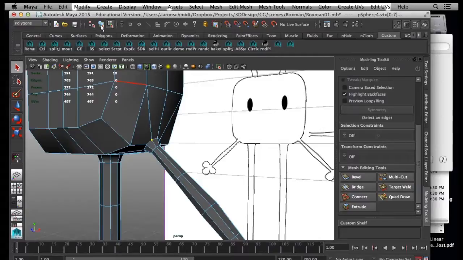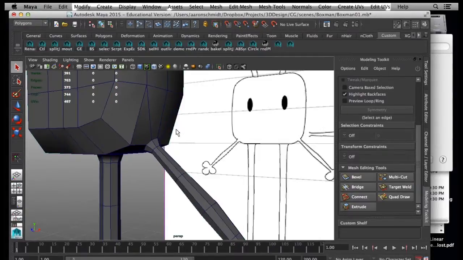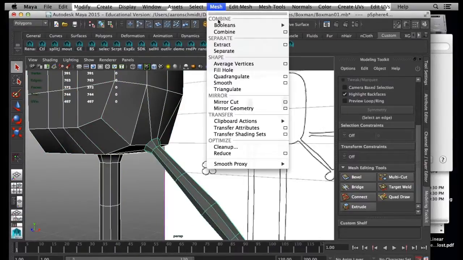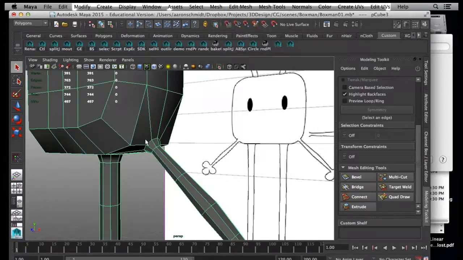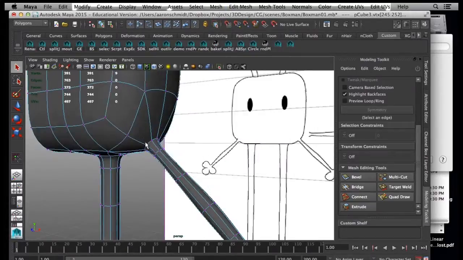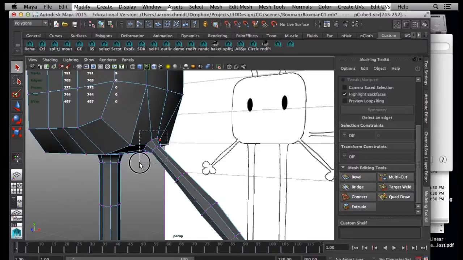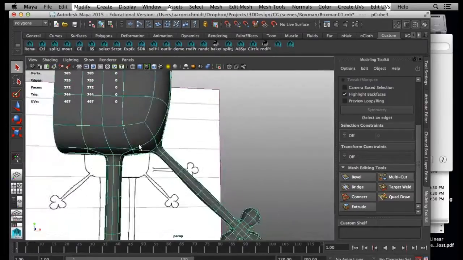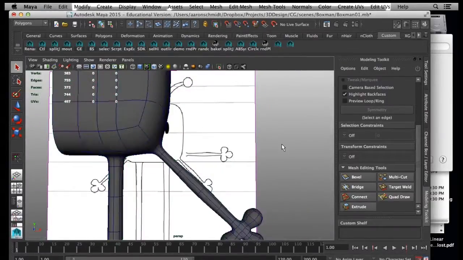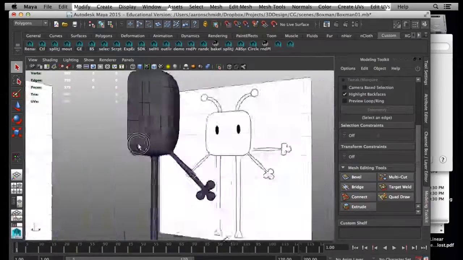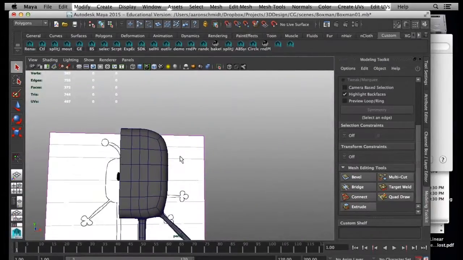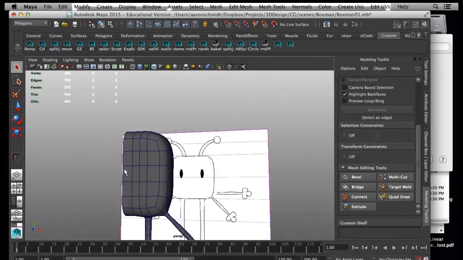And what do I do? I grab the 2 objects, merge or combine them together. Again, what do I have to do? You'll see here, those vertices need to be merged. Press 3, and I get a nice smoothing going on. So this guy's getting pretty close to being done. Last thing I need to do is the antenna and the eye in the head. So let's just save this